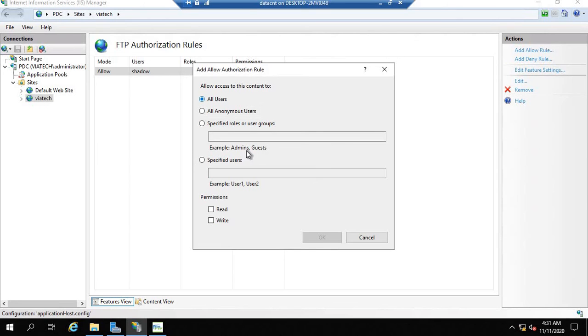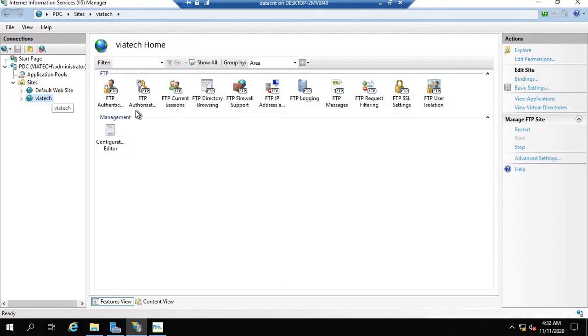You can specify users over here, whom you want to allow and disallow. That means you can add also, and you can set the deny rule also over here. Among all the users from the domain environment, whom do you want to allow and whom do you want to deny the access of this FTP content, that can be set from here. So you give any username, whatever you want, whom do you want to block?